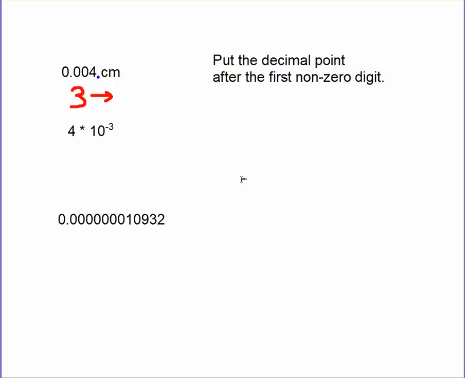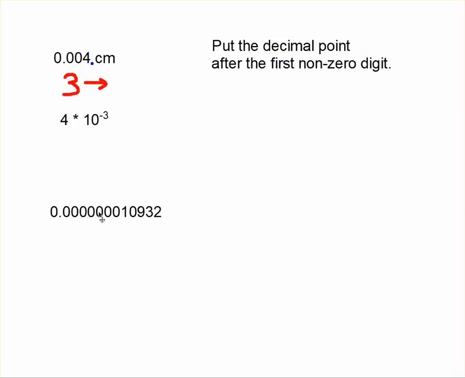So we have a number like this. Now this number is obviously much more convenient to write in scientific notation than in standard notation, as you can tell just by the amount of zeros in the number. Here we're going to use the same system. We're going to put the decimal point after the first non-zero digit. Where is that? It's right here after this 1. So the decimal point is going to move right here, between the 1